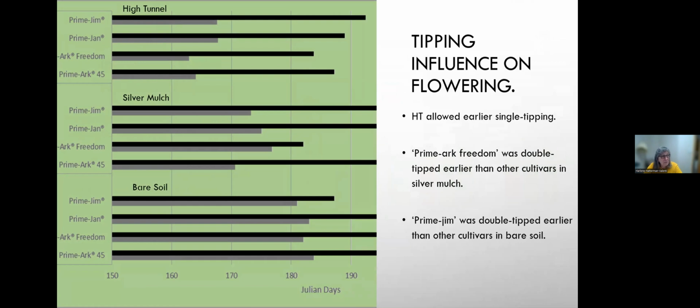when we look at this for our 4 cultivars, we see that yes, for single tipping, we could in the high tunnel actually, and I better set this up a little bit better. So you can see Julian days where January 1 is day 1, and then you just keep on counting your days. The gray bar indicates single tipping, and the black bar indicates double tipping. And so when we look at the high tunnel, we see that in comparison, although we couldn't statistically compare, but